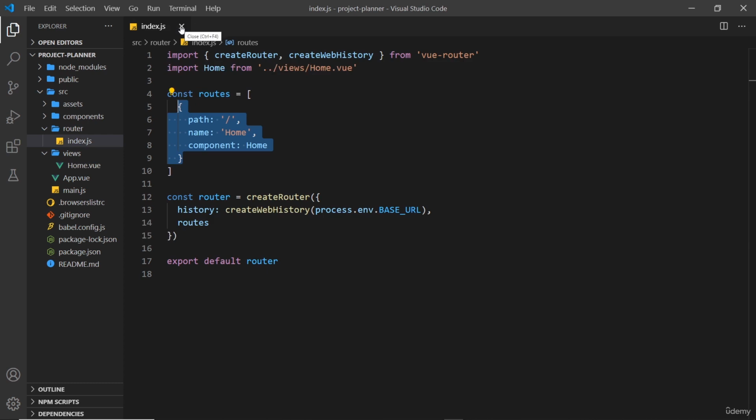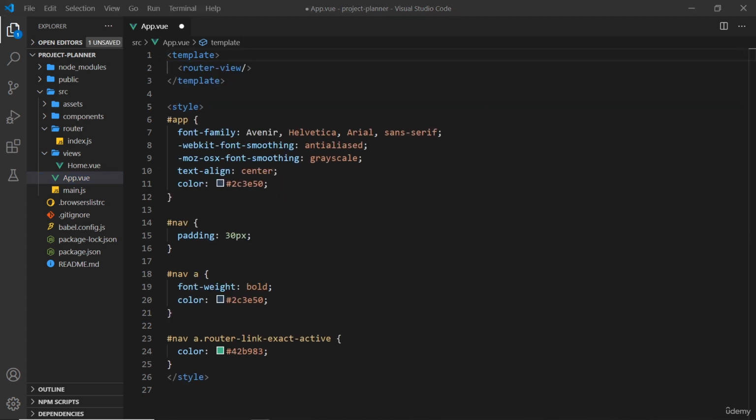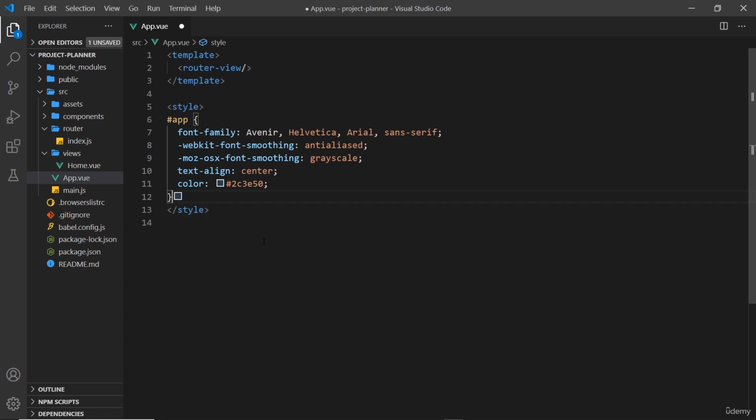Now I want to cross those two things off and then go to the app.vue. This is the root component. I'm going to get rid of this nav at the top because I'm going to create my own navigation later on, and then I also just want to add in a couple of different styles and get rid of these styles right here. I don't want the nav ones. Now inside the app, I don't want to text align everything to the center, so I'm going to get rid of that. Instead, what I'm going to do is give this a max width of 600 pixels, and then I'm